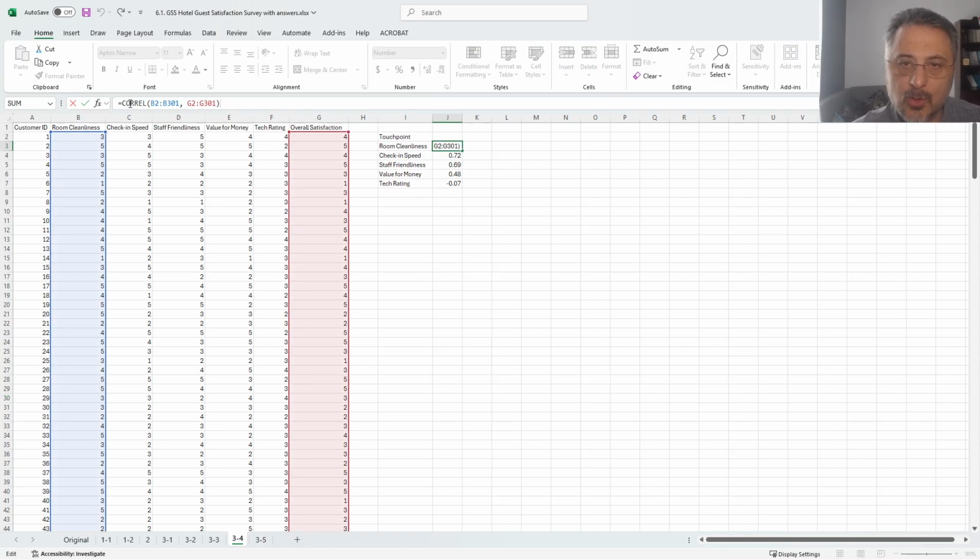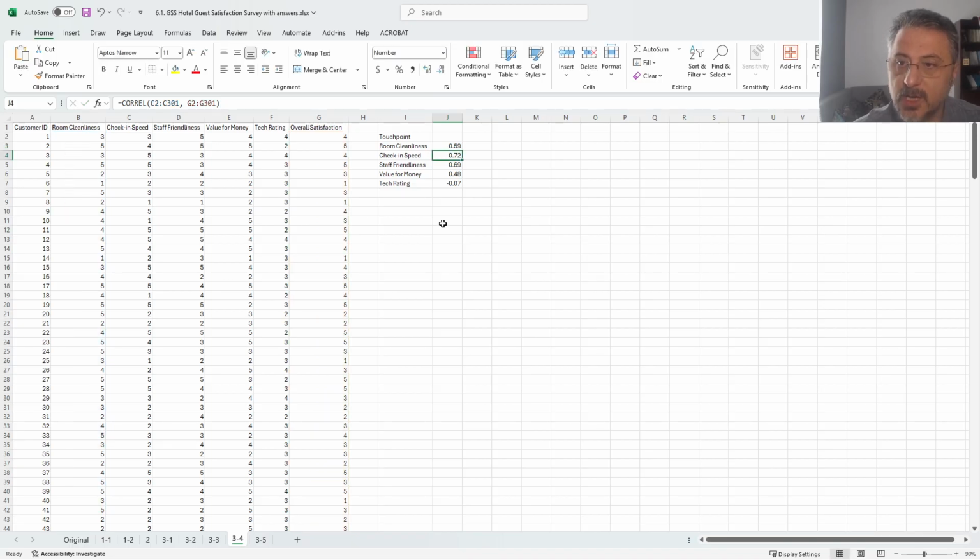It is not that hard. You just look at the correlation, in this case B2 to B31, which is the room cleanliness, and overall satisfaction. Basically, you are asking what kind of correlation there is between room cleanliness and overall satisfaction. So we calculated for all these, and if you look at that,